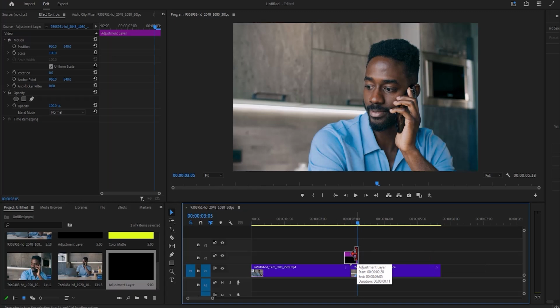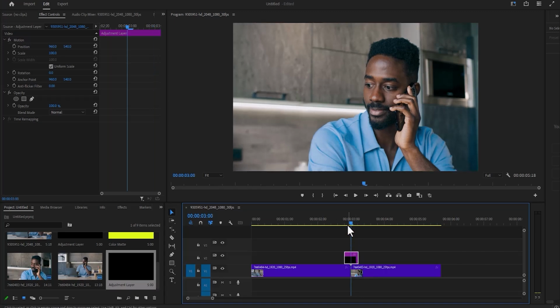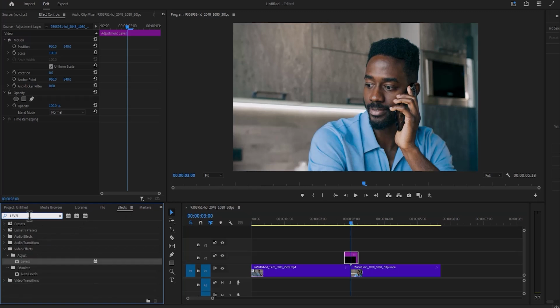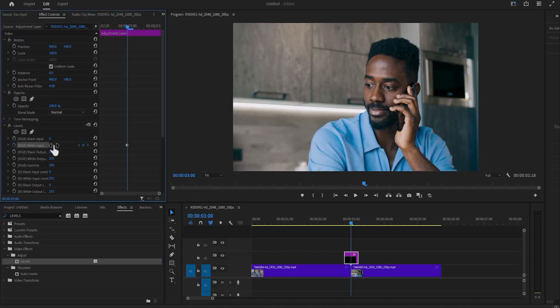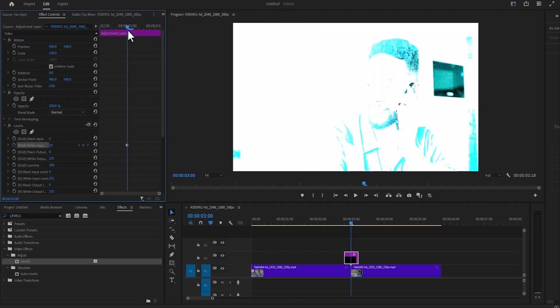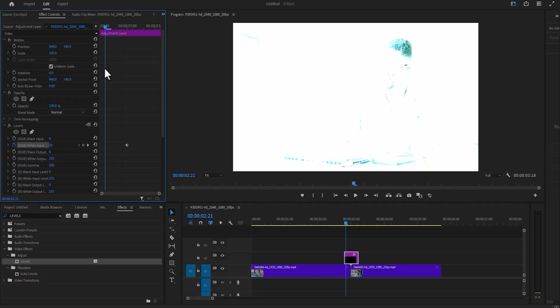Now hold down Shift and move the left frame one more time to move back to the center of your clips over here. Go over to the Effects tab and search for Levels and apply the Levels effect onto your adjustment clip over here. Go over to Effects Control and toggle down the stopwatch next to White Input Levels and change the value from 255 to 20 and move it to the start of your clip and hit this Reset